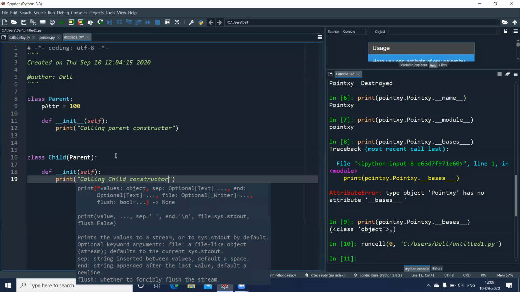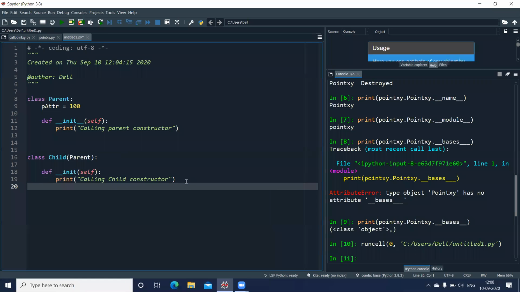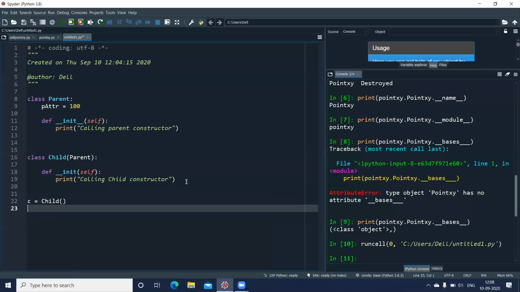Okay, so this one, complete this whole thing. Okay, and now let us create an object of the child class. So I'll write C equal to child, the round brackets, and let us run this.